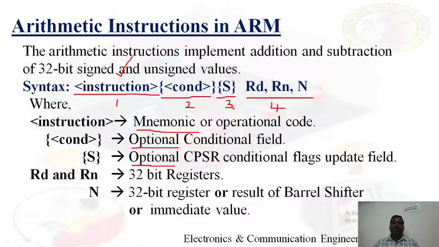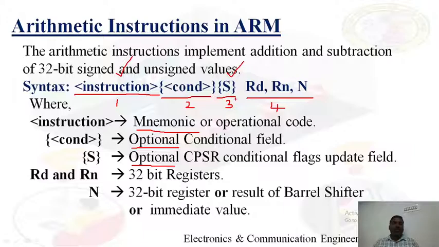Now coming to the third optional field, the status field. Normally, by default, ARM instructions will not affect any status field in the CPSR register, except compare instructions. So arithmetic instructions by default will not modify any of the status flags. Whenever we append the S field here, only then will this instruction affect the NZCV flags in the flag